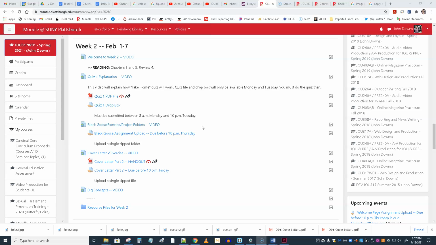Also, the structure you develop based on the exercise from the text for this Black Goose Bistro exercise, you're going to be repeating that as you move on to cover letter 2. Cover letter 2 is taking your cover letter 1 that you wrote last week, making the additions and changes that I suggested to you in my feedback, and now turning it into HTML and CSS based on that Black Goose structure, essentially just subbing in your content with a few minor changes into that cover letter. So it's not exactly new work. It's using Black Goose over again, but it's also making your changes and using your own content then.